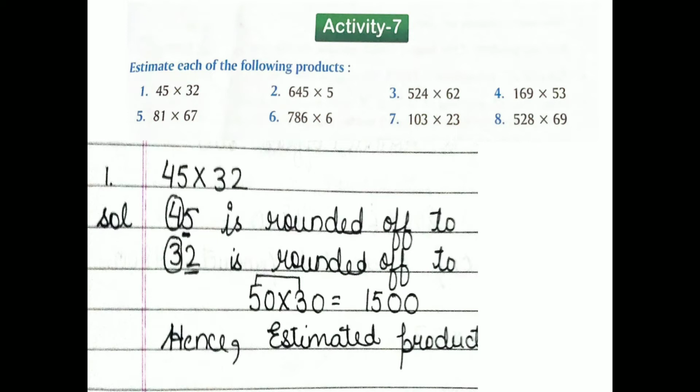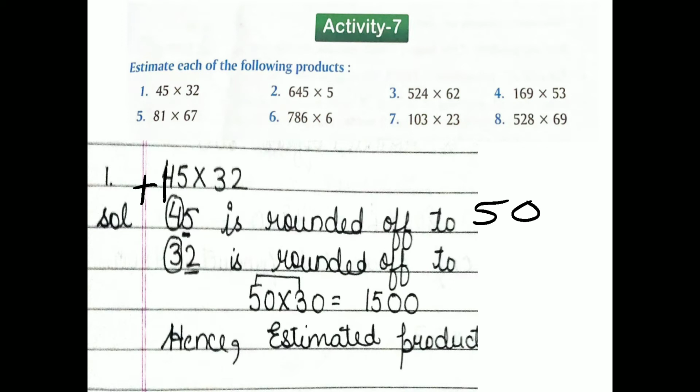Then you have to round off 45. So how do you write? 45 is rounded off. Now you know that in nearest tens you have to see the ones place. If the ones place number is 5 or more than 5, then you add 1 on the tens place. So circle 1 is the tens place, so you add 1 on the tens place. So 4 plus 1, what does it become? 5, and the underlined digit becomes 0. So the answer comes 50.